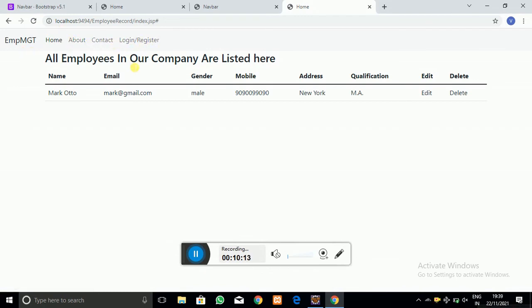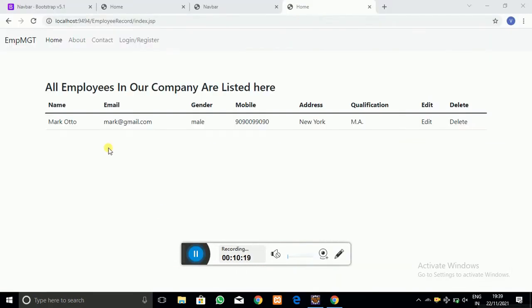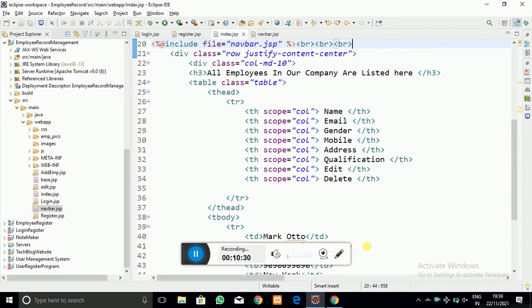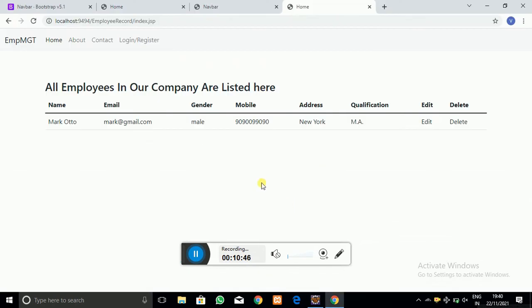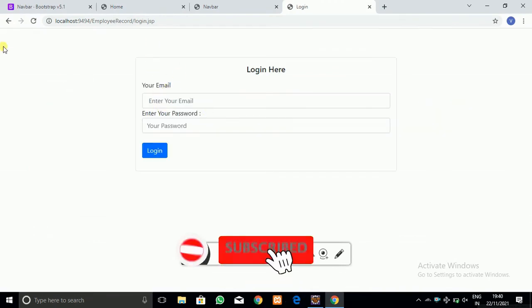So that's it for today's tutorial that we have created. In this tutorial also, let me add the navigation link which we have created. That is, the login.jsp page we have created, and into the anchor tag I have to write the link to our login.jsp page. So just write login.jsp here, and when I click on that login or register, I will be navigated to the login.jsp page.